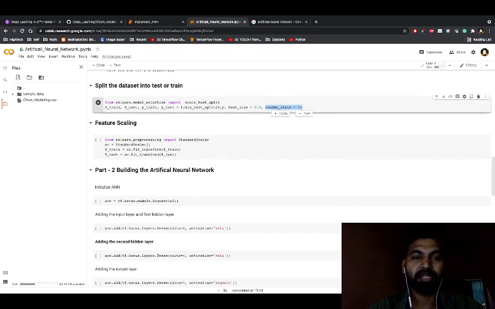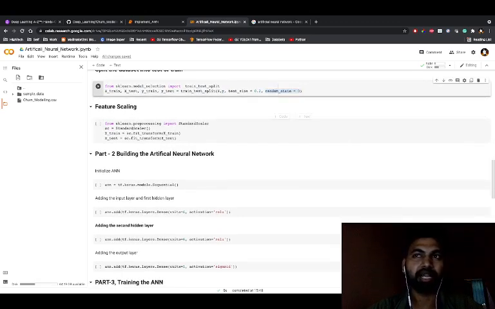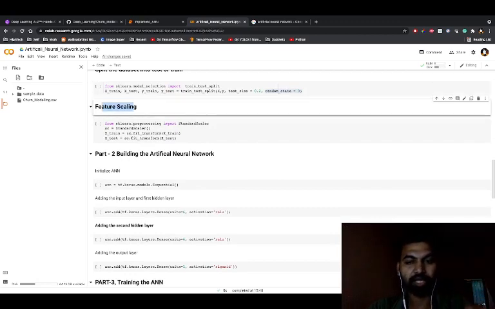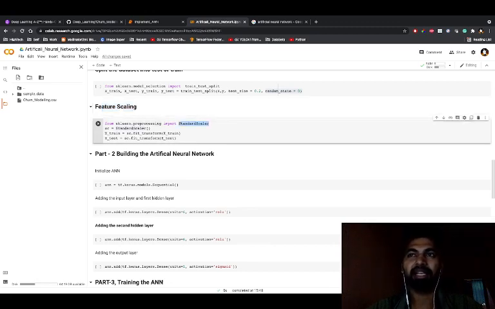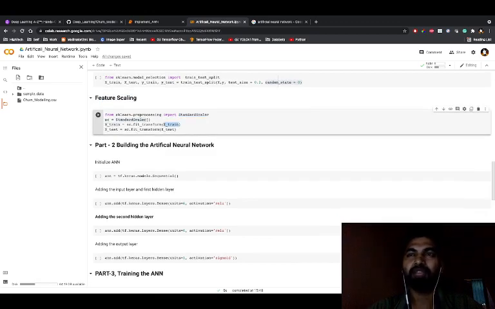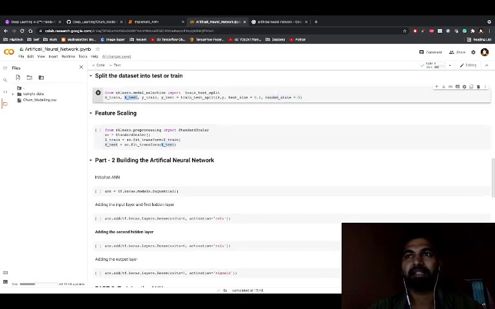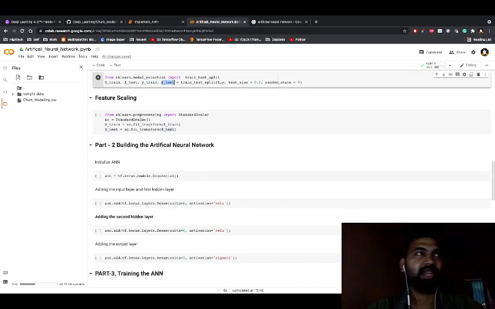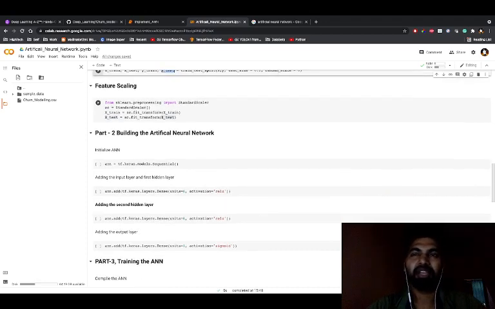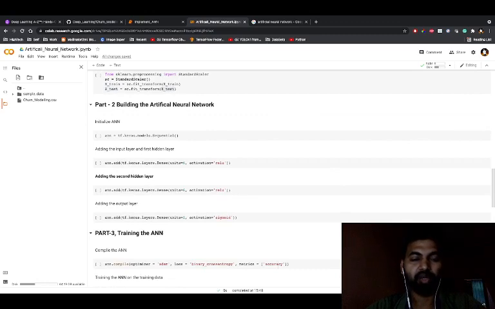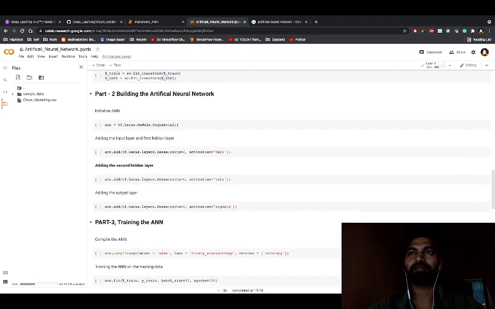After that we have to apply the feature scaling, guys. So feature scaling is basically important for making all the variables to the same standard, right? So from the preprocessing package I imported StandardScaler, and I gave the data X_train and X_test. If you see here, when I split the data, I created X_train, X_test, Y_train, Y_test, right? So I gave X_train and X_test here. So this is phase 1, guys, or I can say part 1, where we did all the data preprocessing steps, right? In the next part 2, I'm building the artificial neural network.